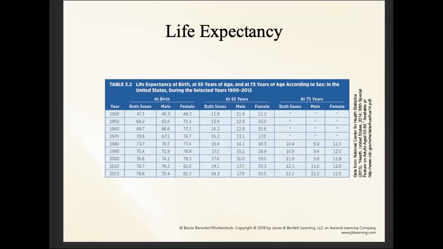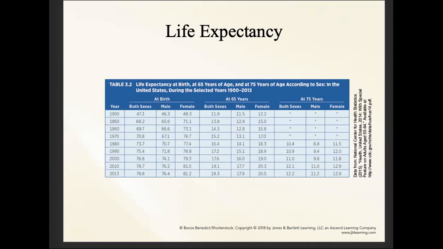So we can look at the life expectancy chart here, which shows from 1900 to 2013. For both sexes, the average life expectancy in the year 1900 was just over 47 years at birth. If you were a male, you were expected to live about 46. If you were a female, you were expected to live about 48. The most recent data on this table is from 2013, where both sexes' average life expectancy was 78.8, with males expected to live 76.4 years at birth and females to live